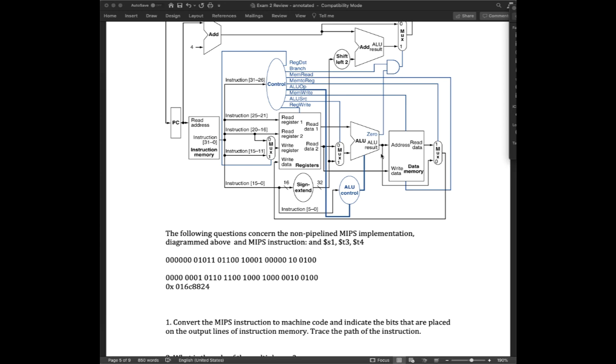So we have 4 multiplexers on this diagram. Let's talk about what they do. This multiplexer right here, just to the left of the register file, determines which bits are picked off for the destination register. So for an R-type instruction, the destination register is in the RD position. So these bits will be picked off. And notice that they're pointing right at the 1. So that indicates that that control signal, which is register dest, needs to be a 1 for an R-type